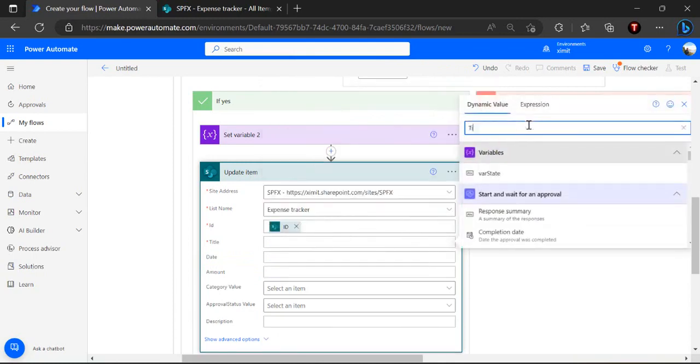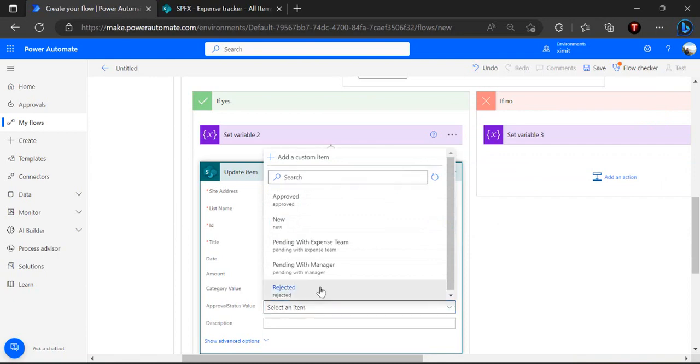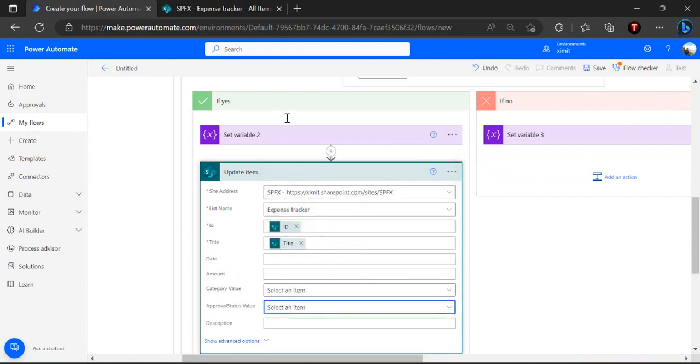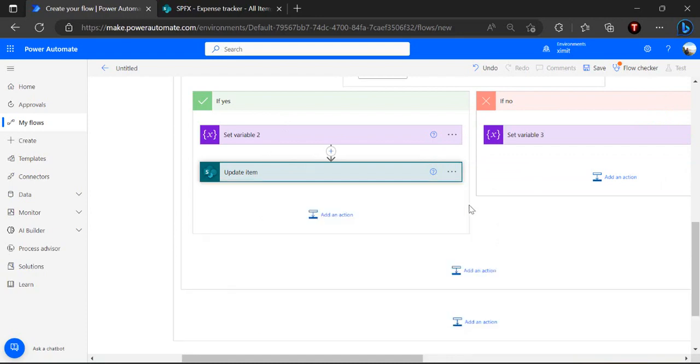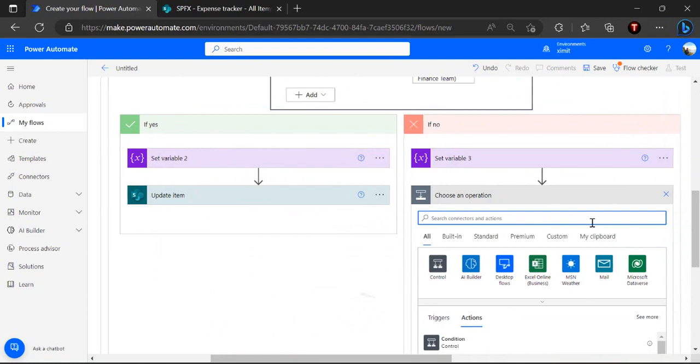And title again from the dynamic title of the item that was created. So I can set that as pending with expense team if it's approved, and the same update item step I would do